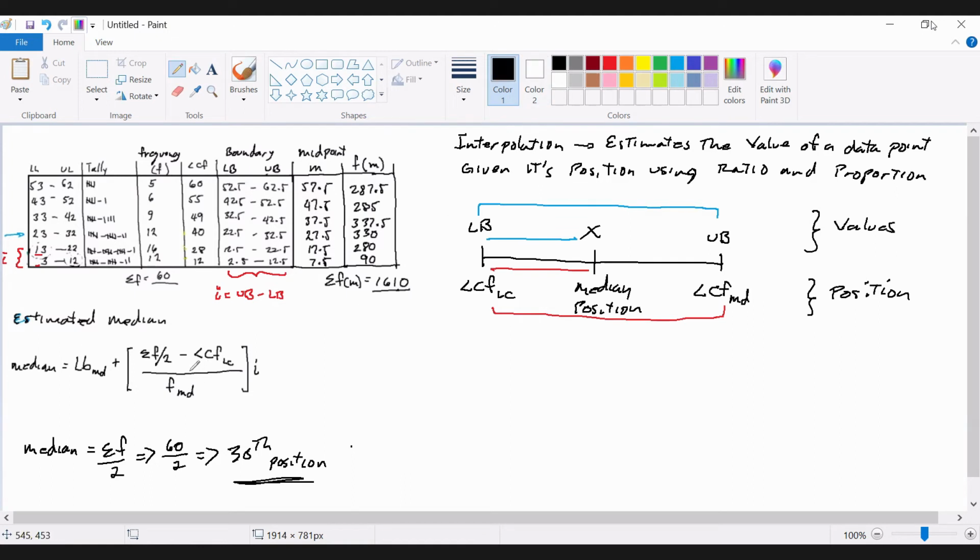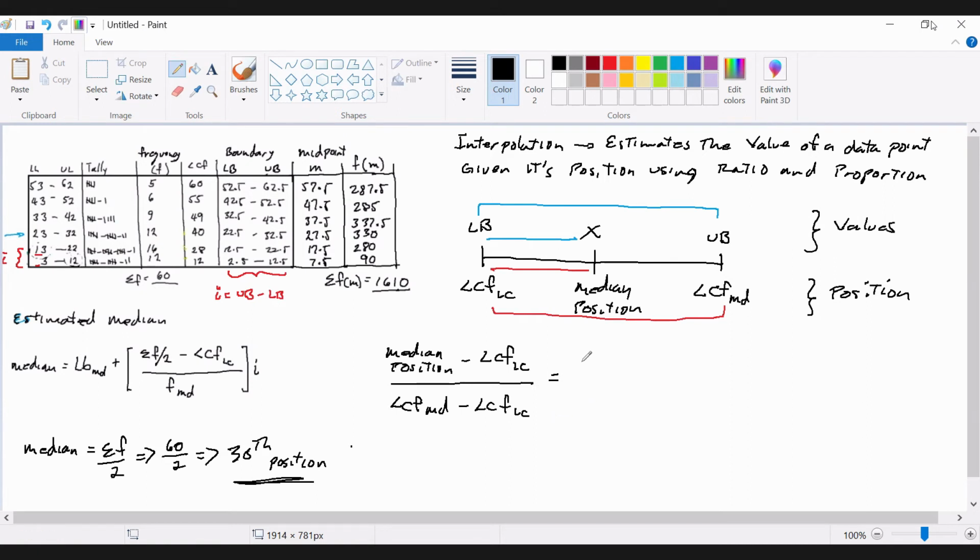So how do we come up with this formula? This is going to be what? Median or x. Lower part first. This median position minus less than cumulative frequency of the lower class, divided by the whole thing, less than cumulative frequency of the median minus less than cumulative frequency of the lower class, is now equal to